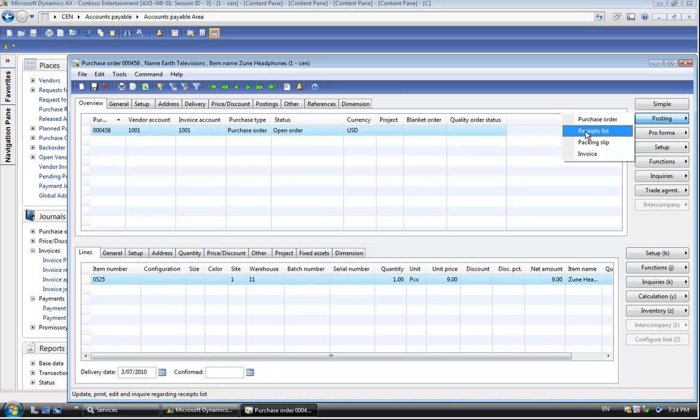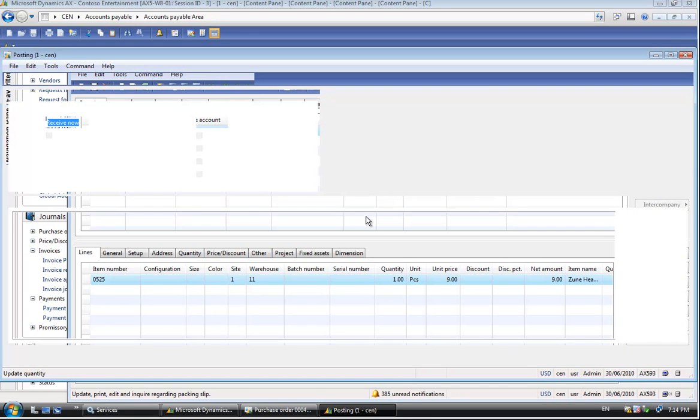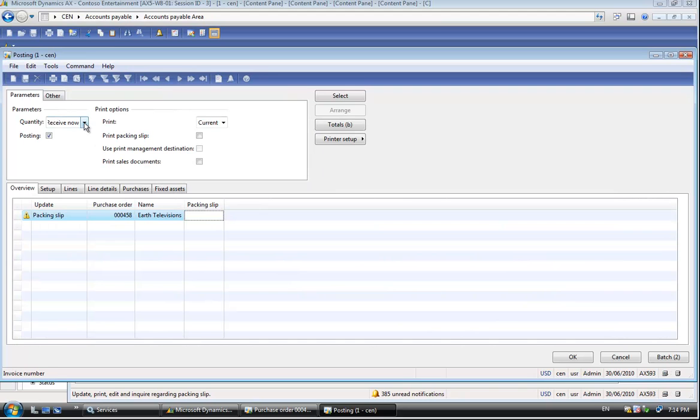In this case, I would use here the receipt list. In this case, I go directly to the packing slip, and that's fine for us at this point of time. So I post the packing slip. I change this here to receive all. I will tell very soon